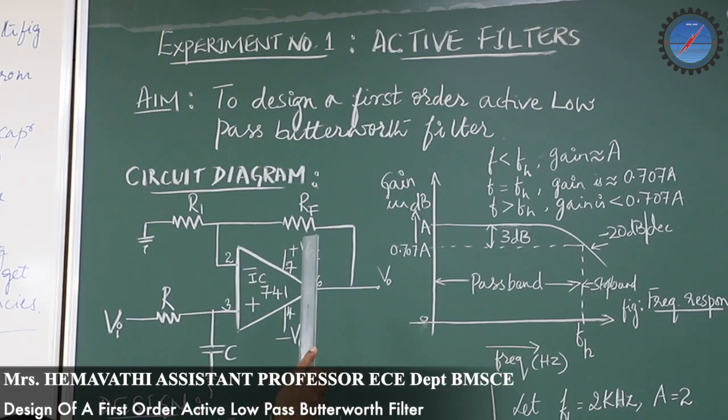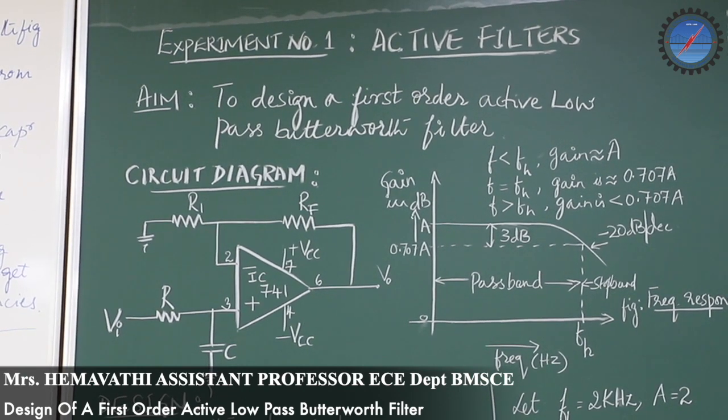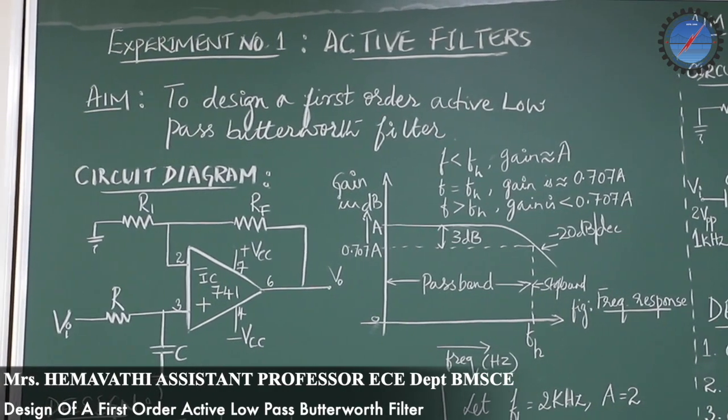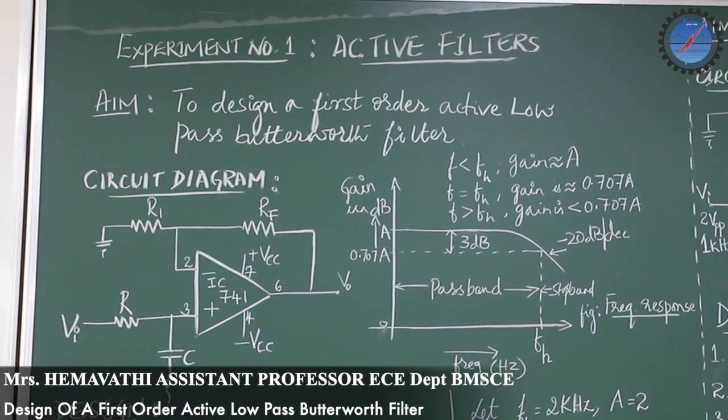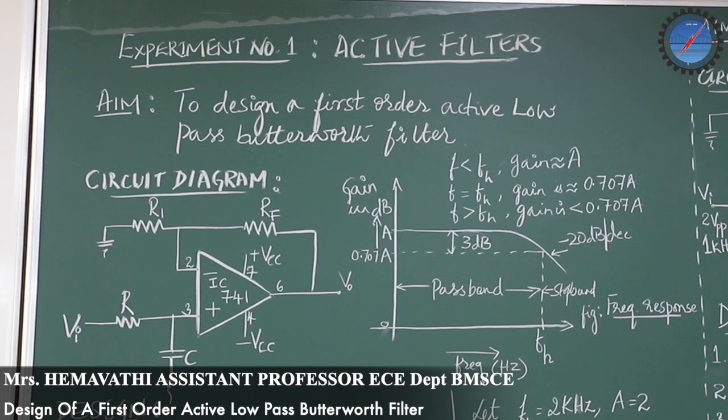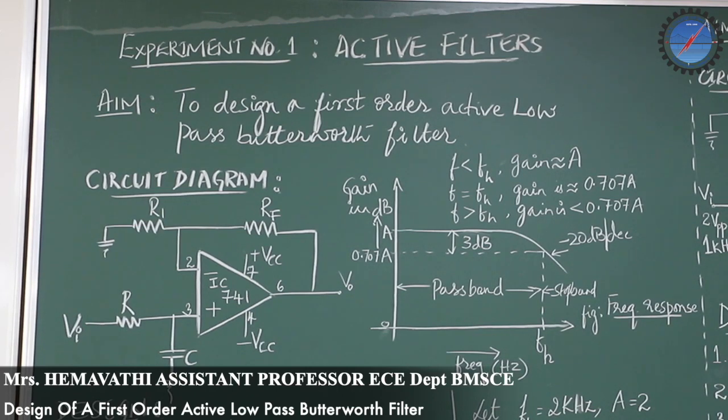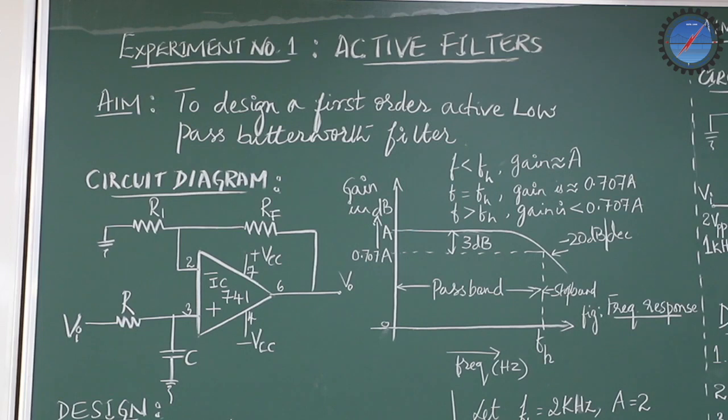So let us go through filters first. A filter is a circuit that is capable of passing a certain band of frequencies through it while suppressing the undesired frequencies. That means a filter can separate the desired signals from the undesired signals, and it can block the interfering signals. Also, it can enhance speech and video signals.